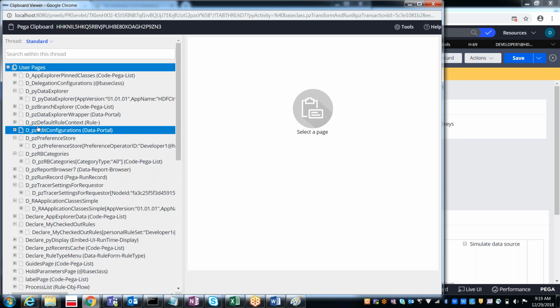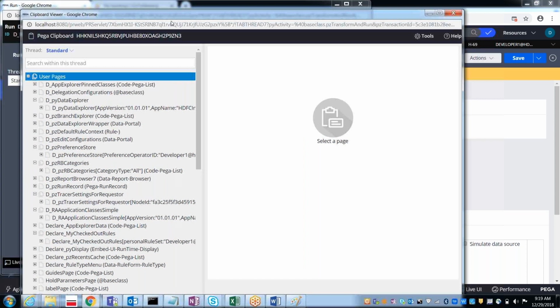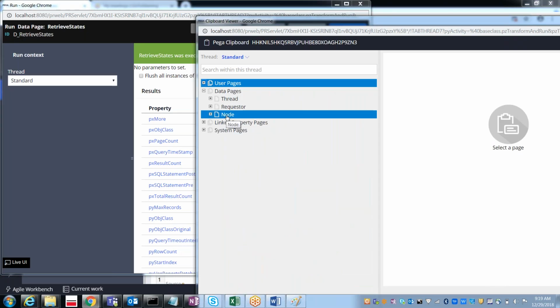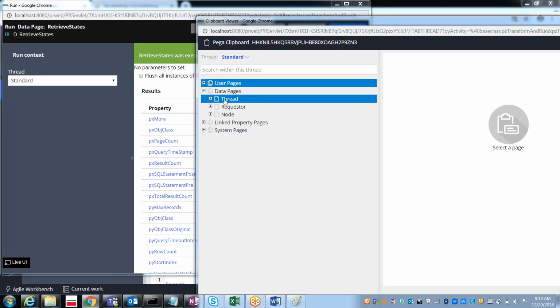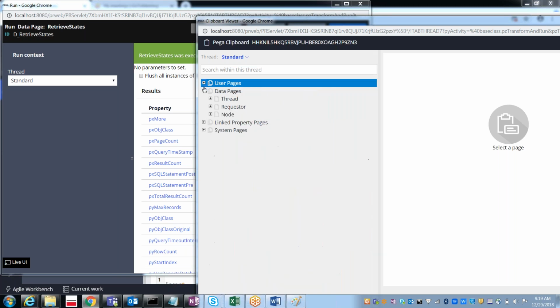How can you tell? D underscore is the prefix. Exactly. But as I said, data pages will be under the data pages category, and if it is a thread, requester or node, it should be under one of these categories. Then how come the data pages are here? Why under the user pages? Why are they not part of the data pages?